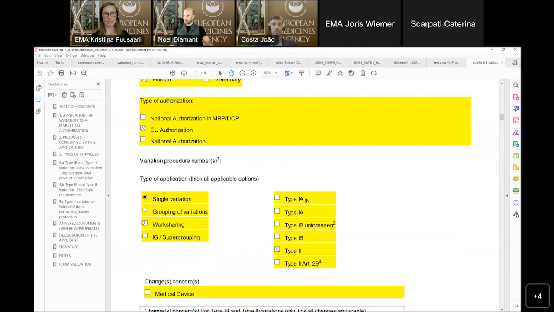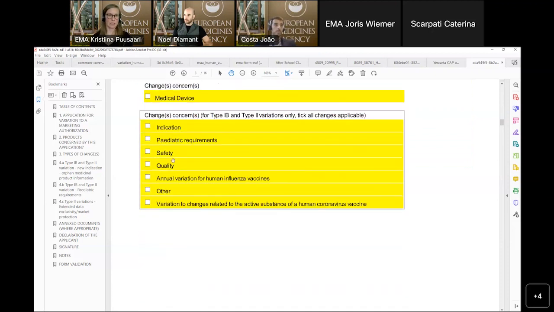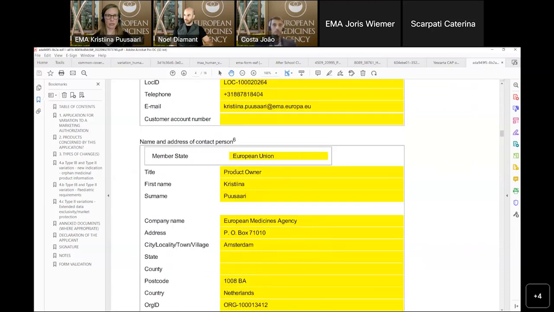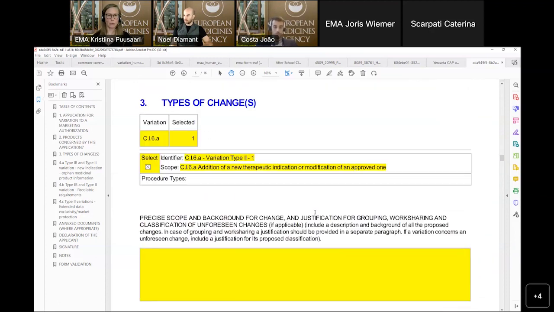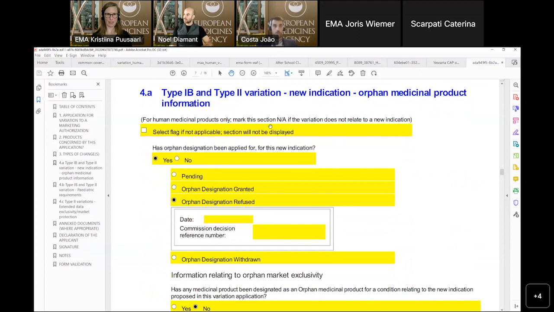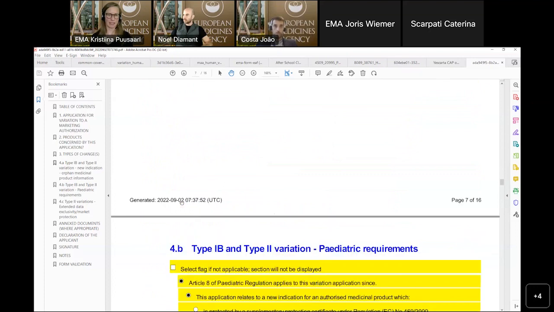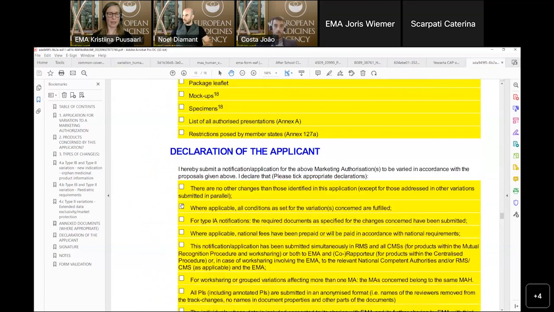Please note these yellow bits will definitely not be there. And as I generated this earlier, this is not now reflecting the selections that I just did. So I had a grouping and a work sharing and type IB and type IA, but you will see that all the sections are here. The information is filled in from the form. Automatically the scopes are selected, and as I mentioned, these sections do exist in the web UI, and I had indeed filled them in a previous form where you can see there.